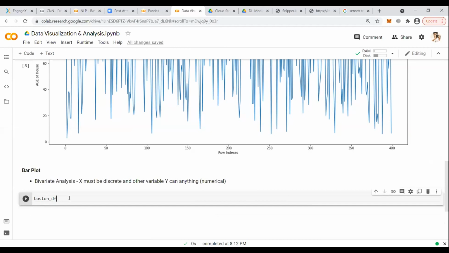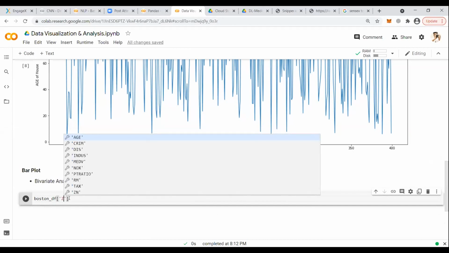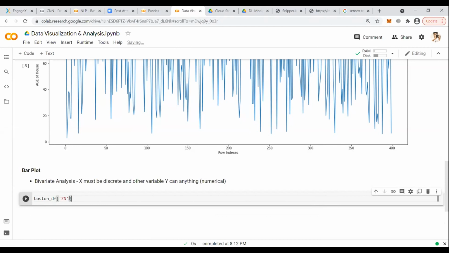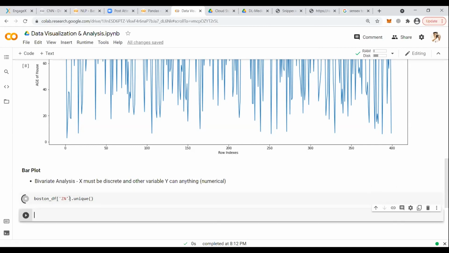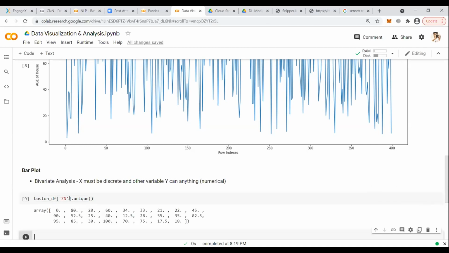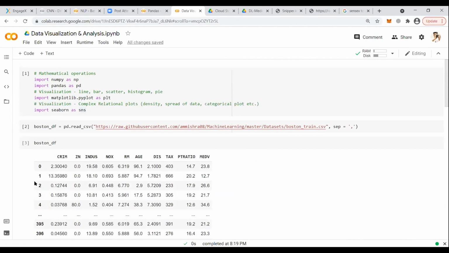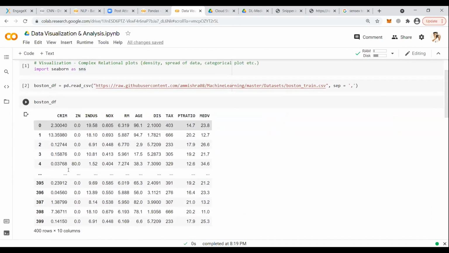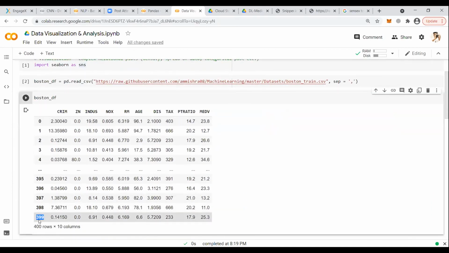Boston_DF Zn dot unique. Now I'm just checking it with unique values. What do you think? Is Zn discrete or continuous? How many rows are there? 400.